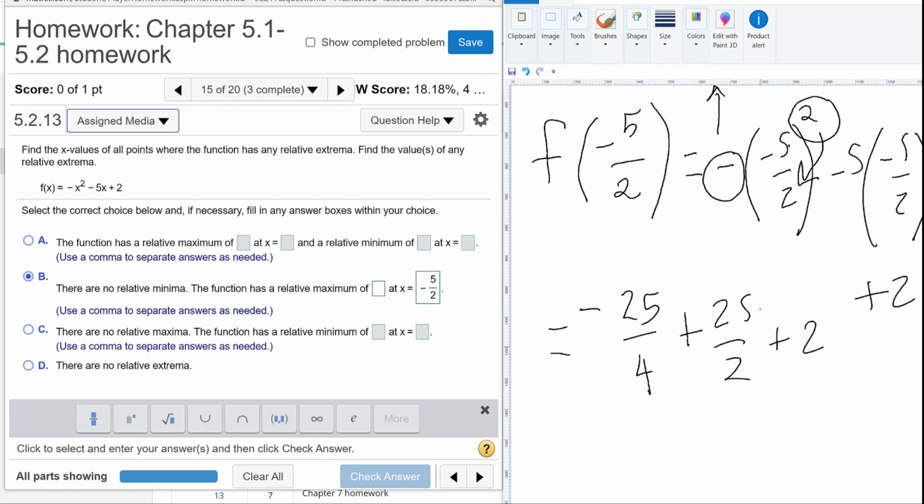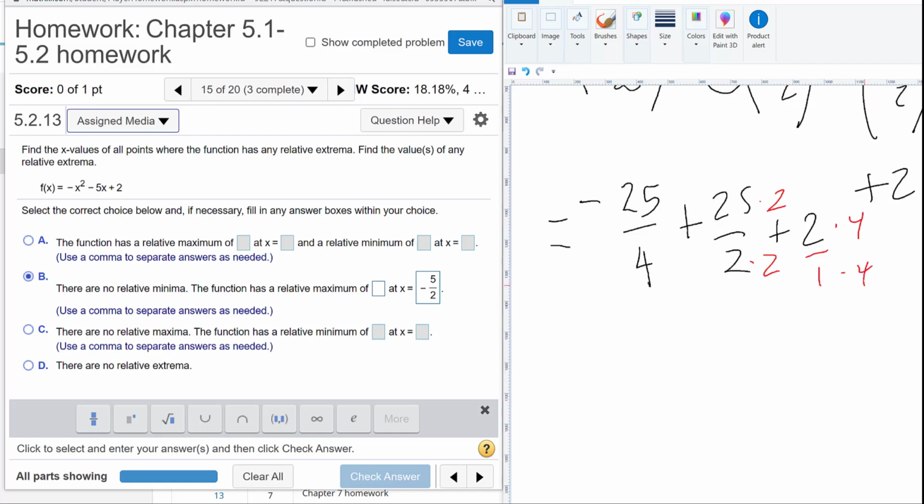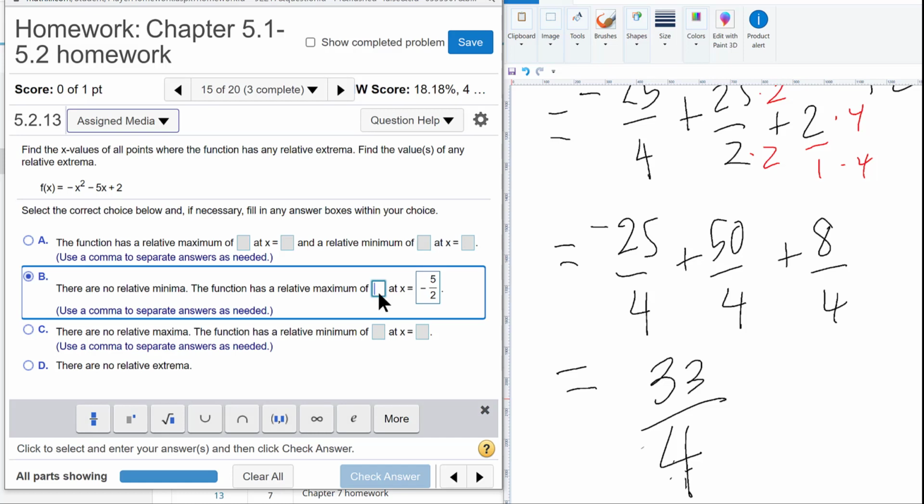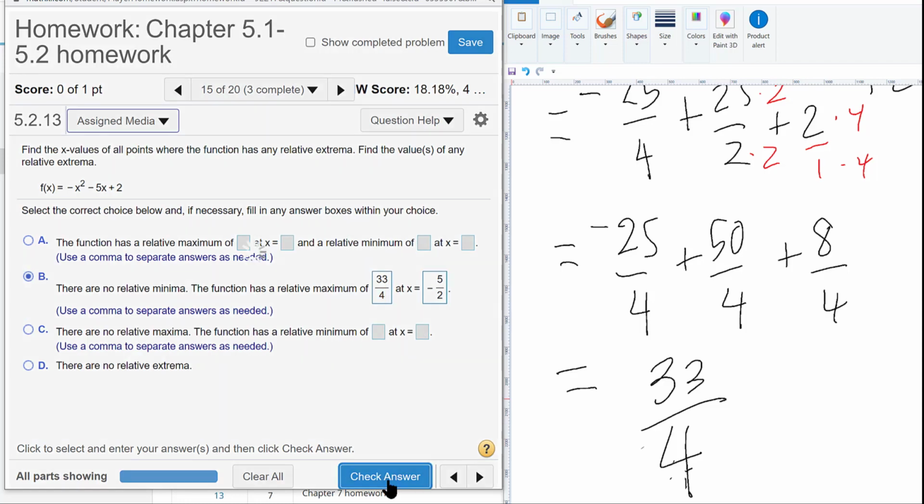Use your calculator if you have to, but look, we just need to multiply this one by 2 and this one top and bottom by 4. We want a common denominator of 4 so we can add our fractions. So negative 25 over 4 plus 50 over 4 plus 8 over 4. And that's going to give me 25 over 4 plus 8, 33 over 4. So that's my actual maximum value that occurs at the x value of negative 5